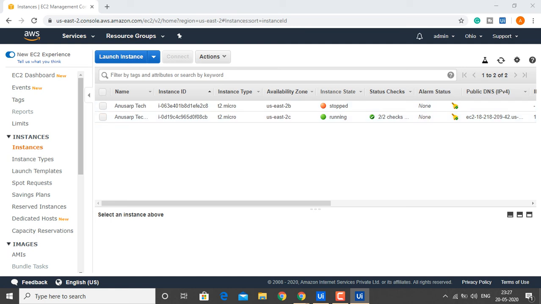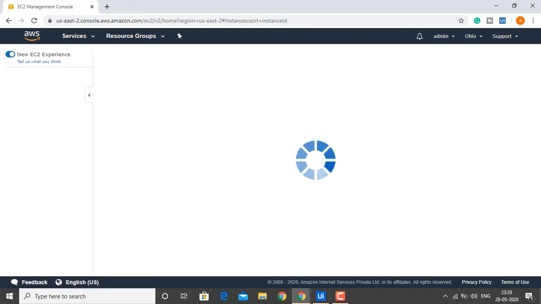Right now it is in the stopped state. If we want to start again, we can use the Start Instance activity, so we are able to start the instance. Yes guys, we did the stopping for two instances. Here, if you observe, these two instances are now stopped.